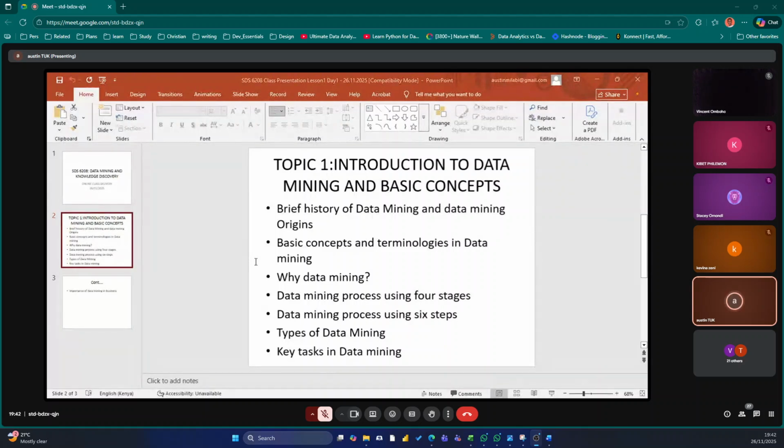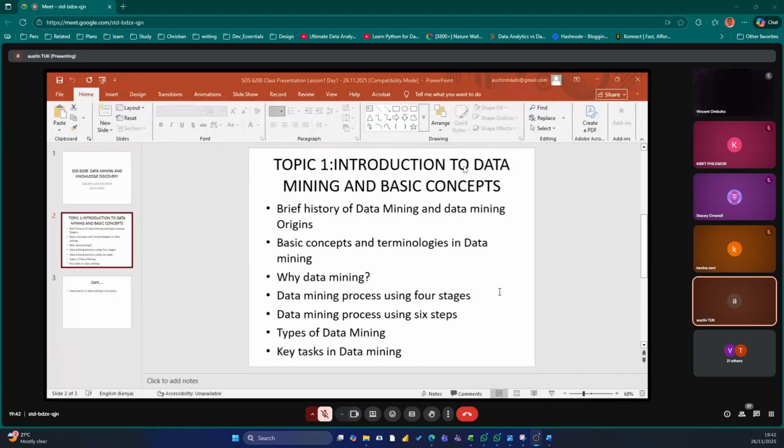And in the selection of mining technique, you must also be able to look at the kind of algorithm. We also look at what is algorithm in data mining, technique and algorithm that is applicable to the kind of data that you've collected, and also to the kind of data mining objective that you have in mind. So you should be very careful.